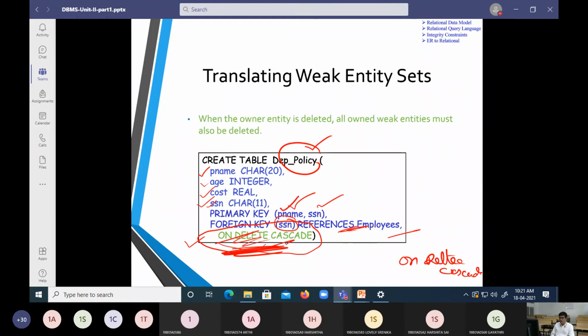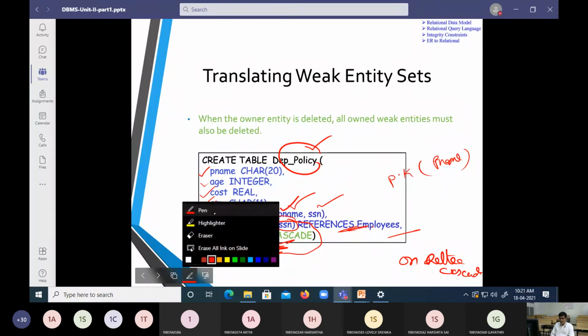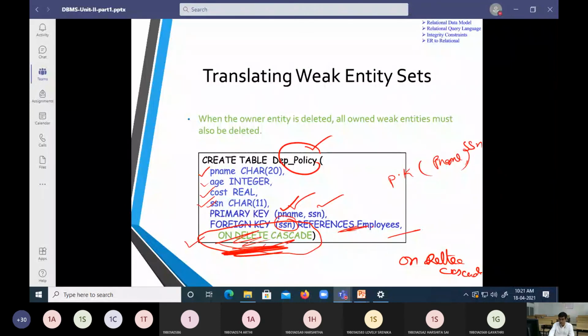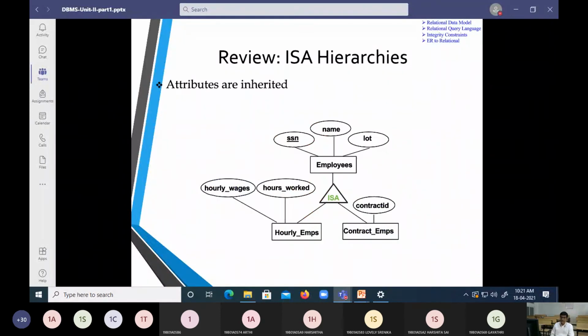You have understood that the primary key is a combination of policy name and SSN. So you interpret it in this model.